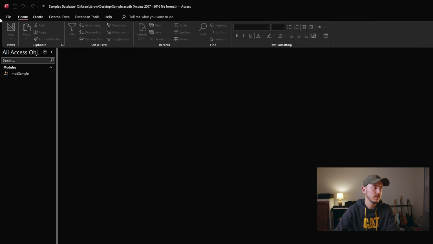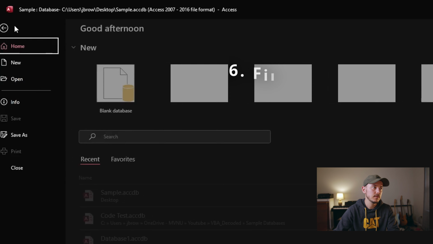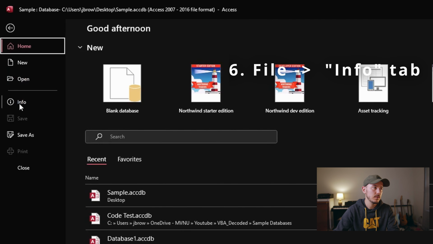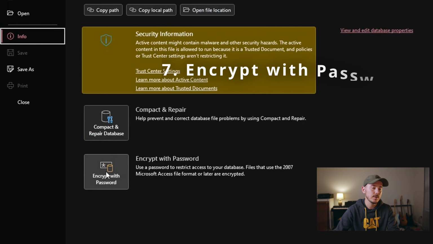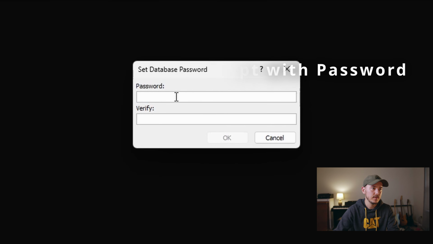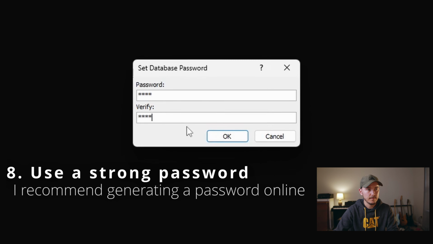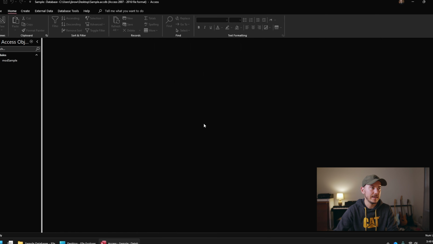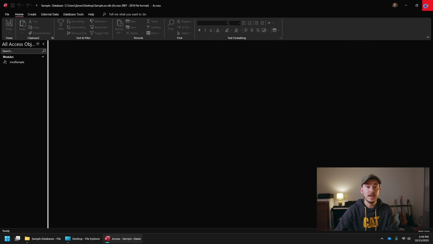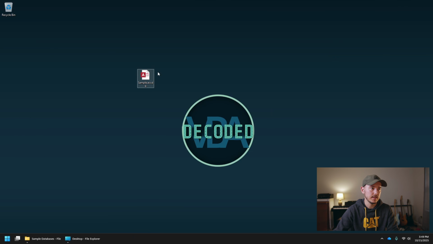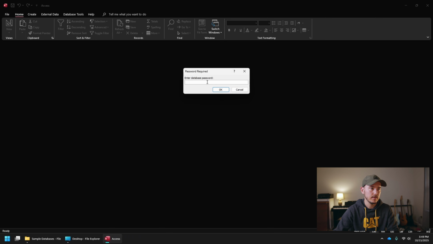Now that we're here, we're just going to go to File, Info, and then Encrypt with Password. Very simple. Bam, encrypted. So now the next time I try to open this database right here, I have to